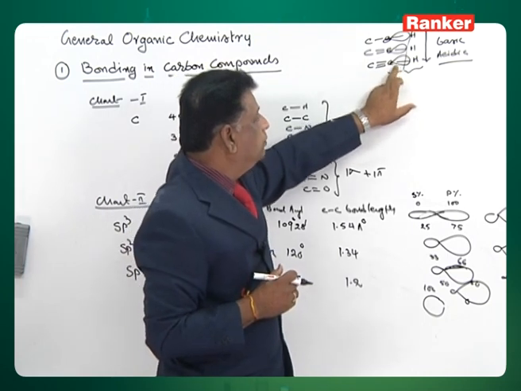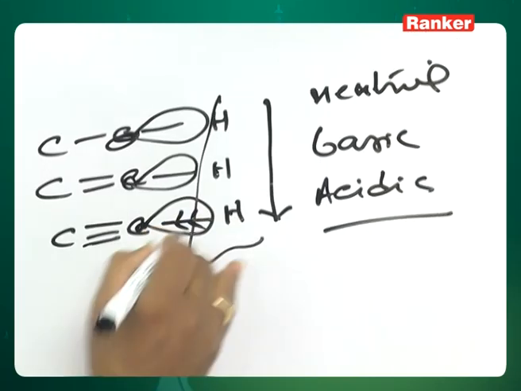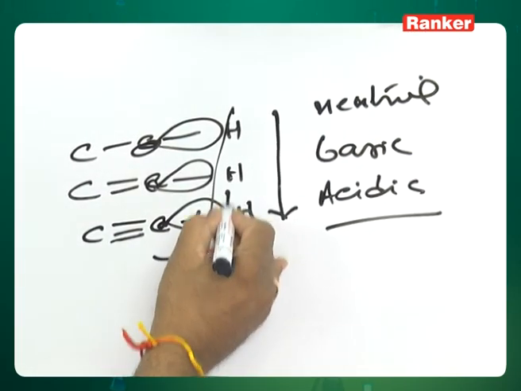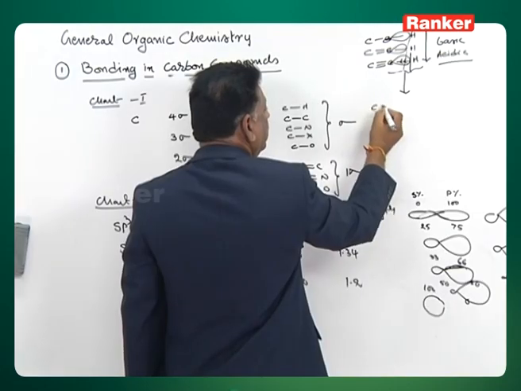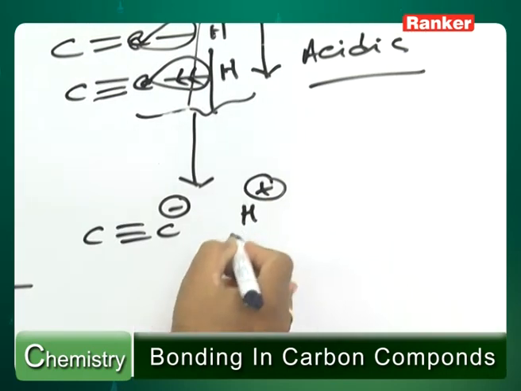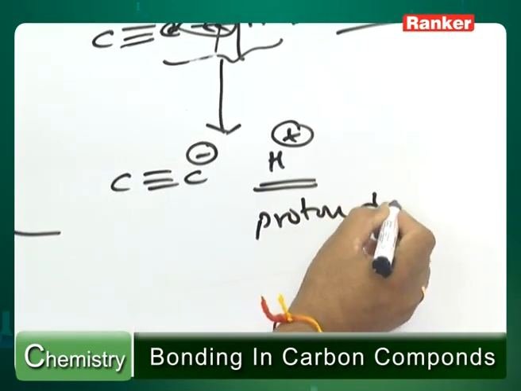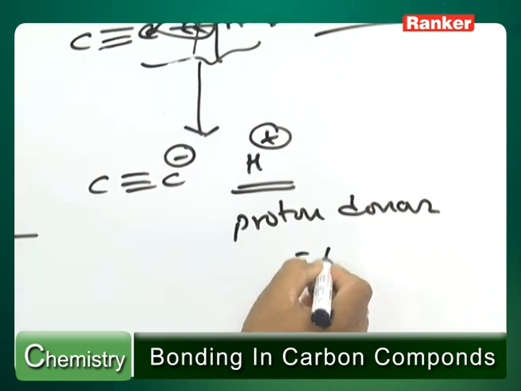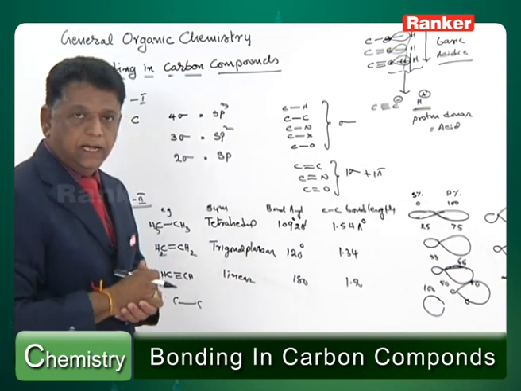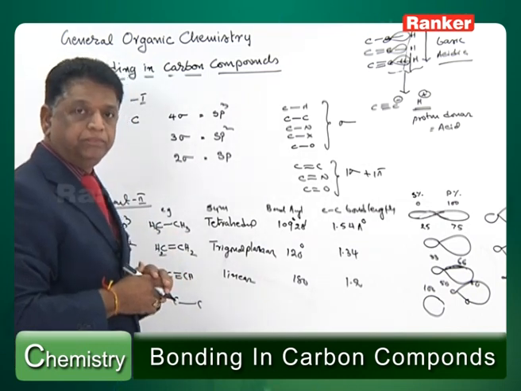And the C-H bond is also strong, however the carbon pulls too much and then it undergoes heterolytic fission, leading to give the acetylide anion and the proton. So all the proton donors are nothing but the acids. So therefore we explain the acidity of this acetylene molecule based on this type of concept, that is,